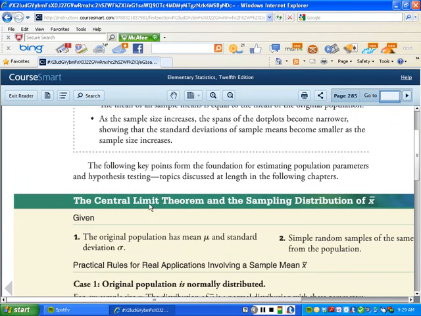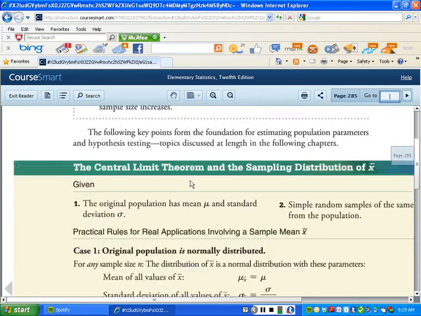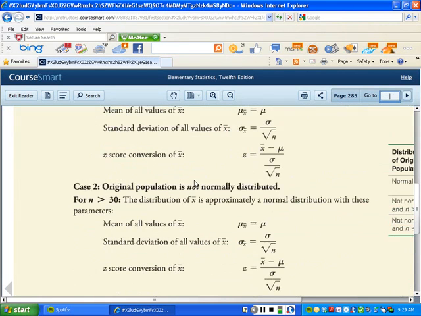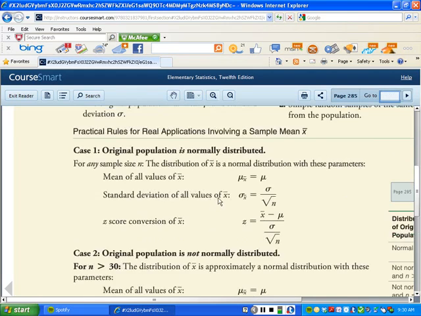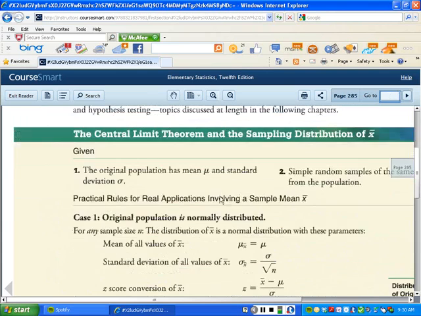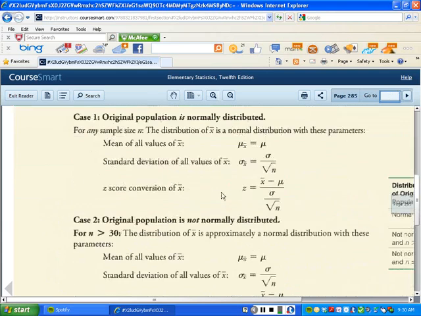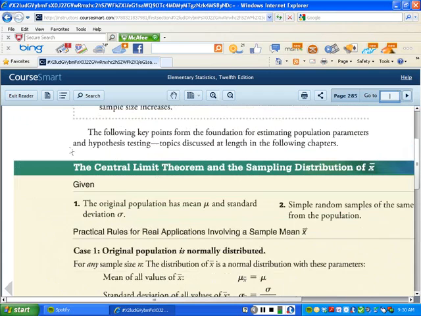Moving on to page 285, central limit theorem. Now, you should know what question 2 is going to say. What does the central limit theorem say and why is it so important? Now, I will draw your attention to the fact that we discussed the central limit theorem for about a half an hour in class one day. Remember we did the pennies and all that stuff? And you should know everything there is to know about the central limit theorem, most of which is found on page 285. I don't want to highlight this whole thing because